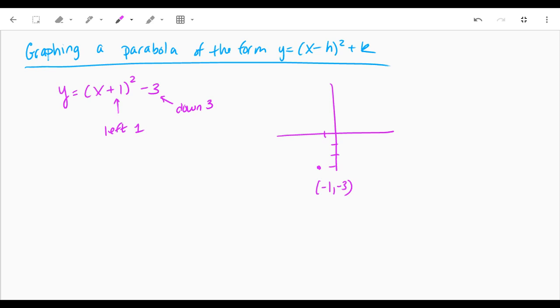Stretch factor is the same, so I can move right 1, up 1. So it'd be at 0, -2. And I can also move left 1, up 1. So I'd be at -2, -2. Okay, and so I'll get that U shape to it. Okay, that's it. So we're just kind of revisiting those Algebra 2